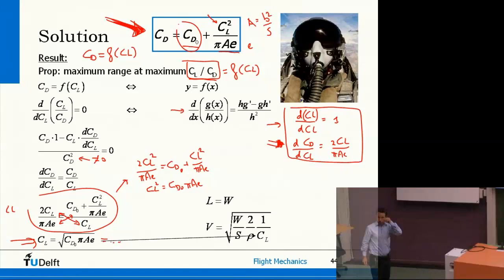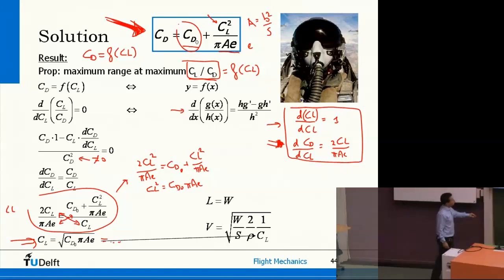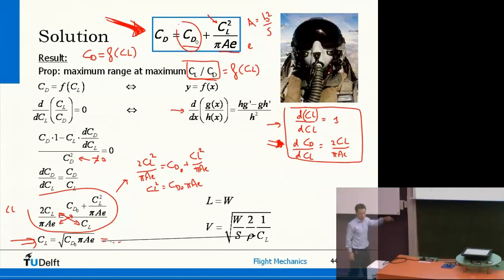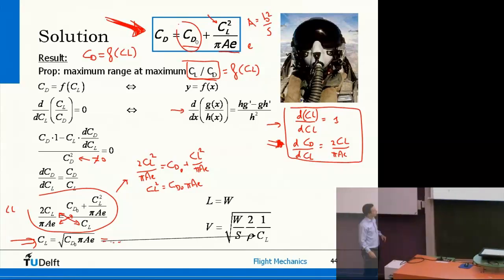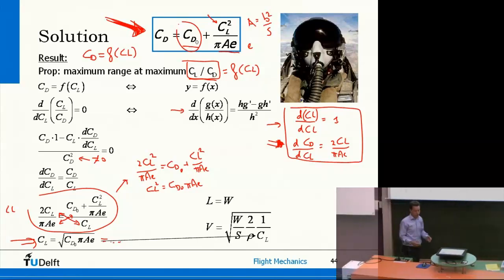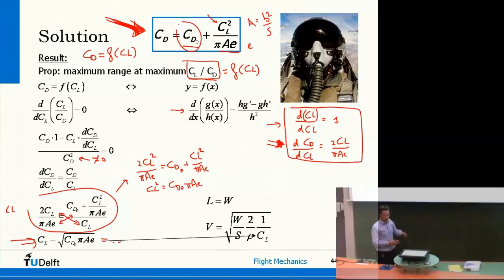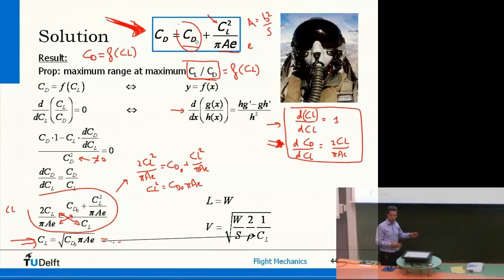So what I would do if I ask you to do this on the exam, I would say, please prove that this here is the case. Then if you don't manage to do the derivation, you can still work on with this intermediate result and do the actual performance calculations. So this is how you calculate the airspeed. First lift coefficient, then airspeed,